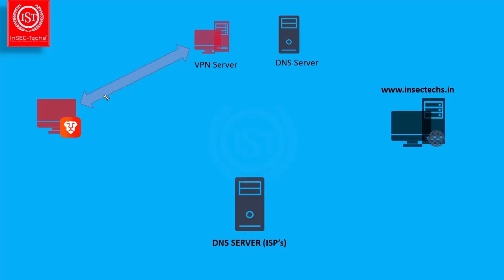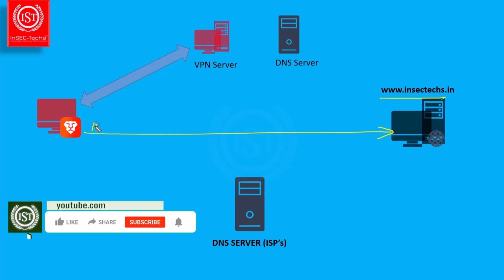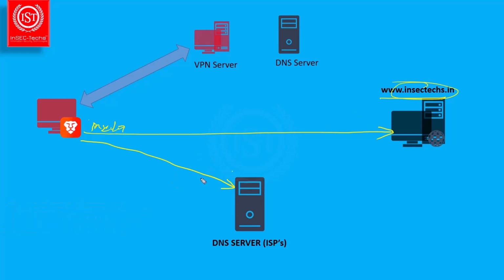As you can see in this slide, we have a client machine, your machine or my machine, and we are using a browser in order to connect to this web server, which is www.insectechs.in. And when you type insectechs.in in your browser, you will not actually directly contact the web server. You will be redirected to your DNS server, and the DNS server will resolve this host name, or fully qualified domain, to its IP address. So the IP address could be 123.456.789.10. Say for example this is the IP address of insectechs.in.